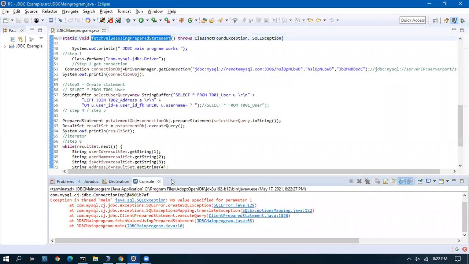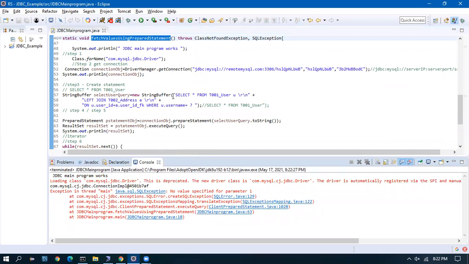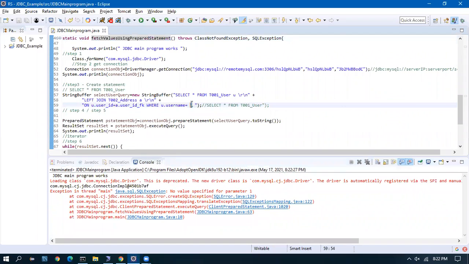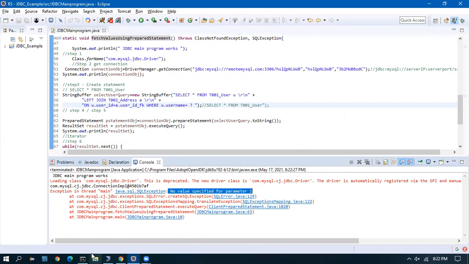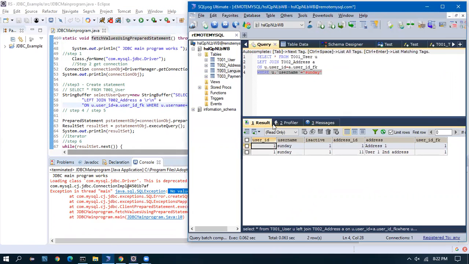Okay, so there is an error because in the prepared statement, we have given the query and we are telling that I will be passing a value as question mark. Question mark means in that place, I'll be passing a value, but we have not passed any value. So this is throwing error that SQL exception, no value specified. When I don't pass a value, it is like where username equal to empty.